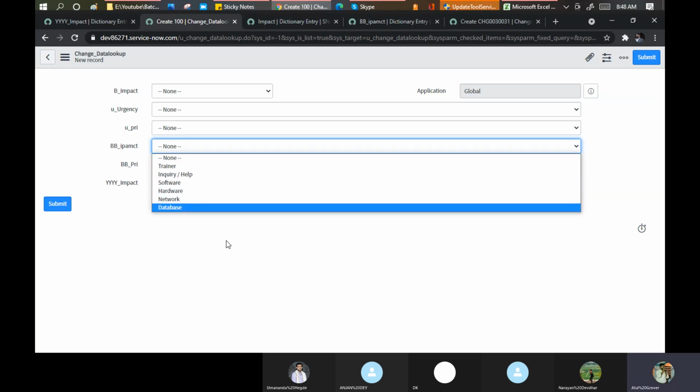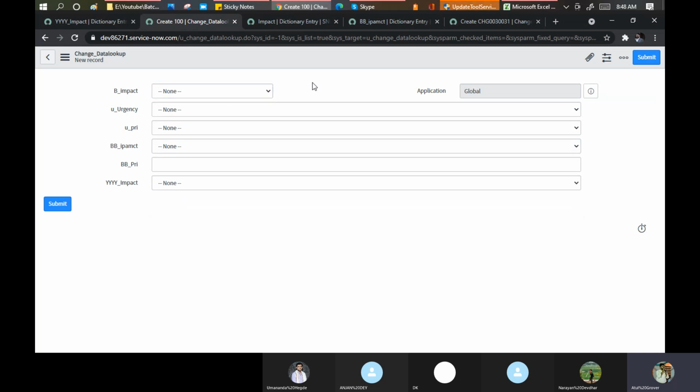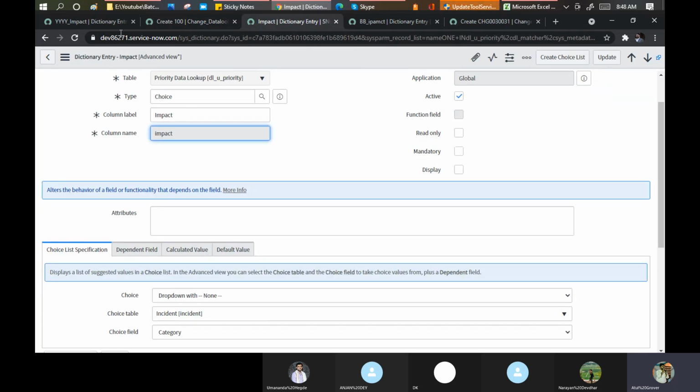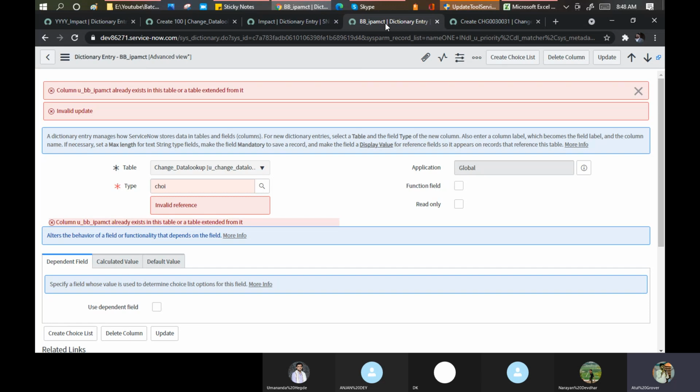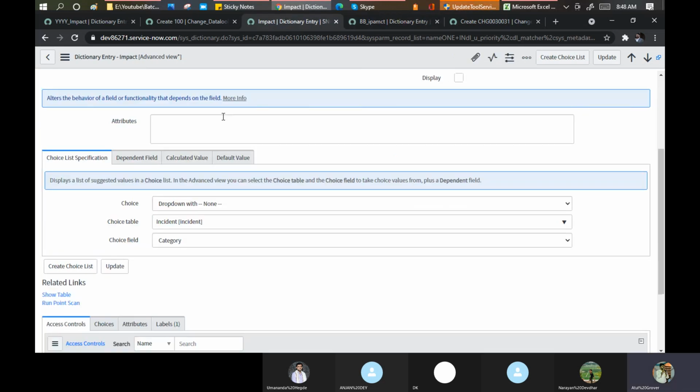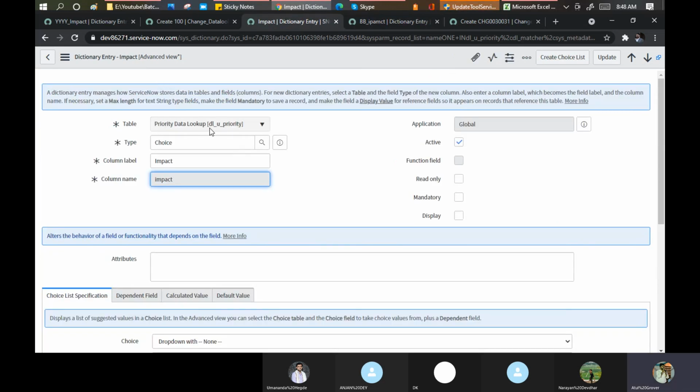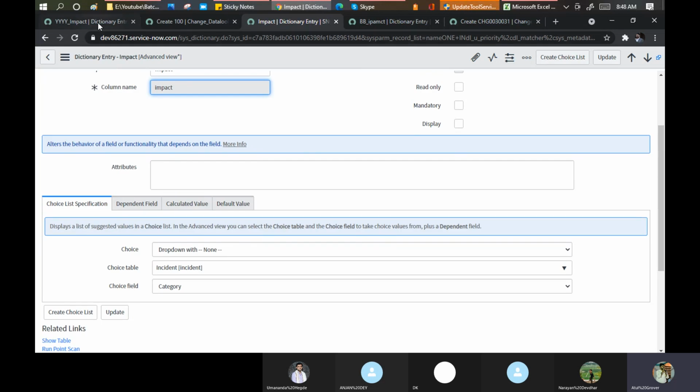Now what I can assume here is that when I'm changing it here, in the background they have something written on this particular stuff, incident and the category. Because if you go here, yeah, if you see this priority lookup, choice, impact, that's the same thing we did.